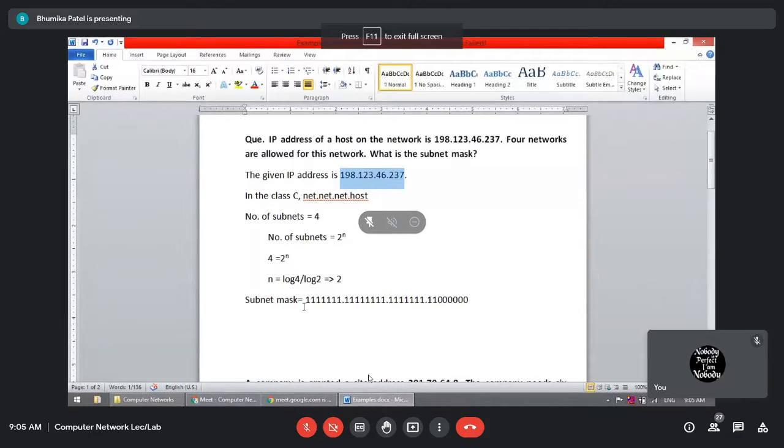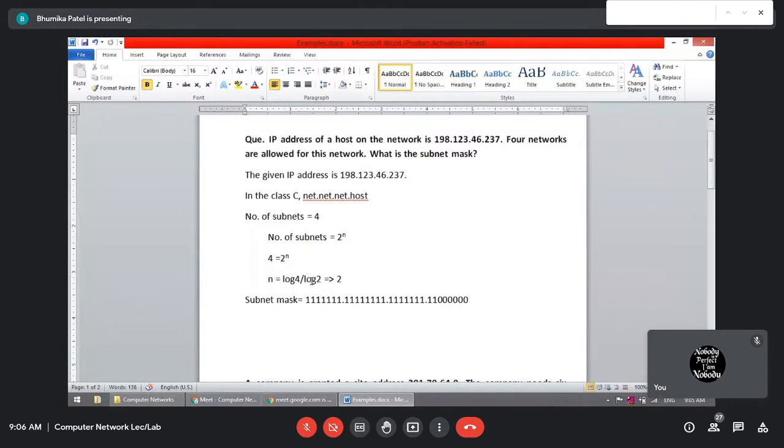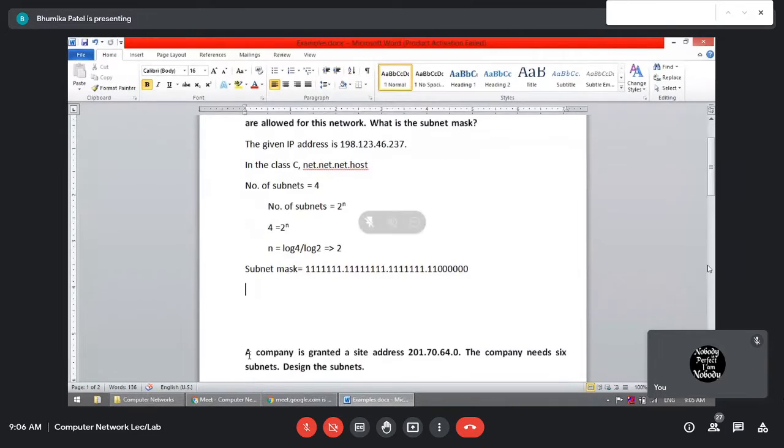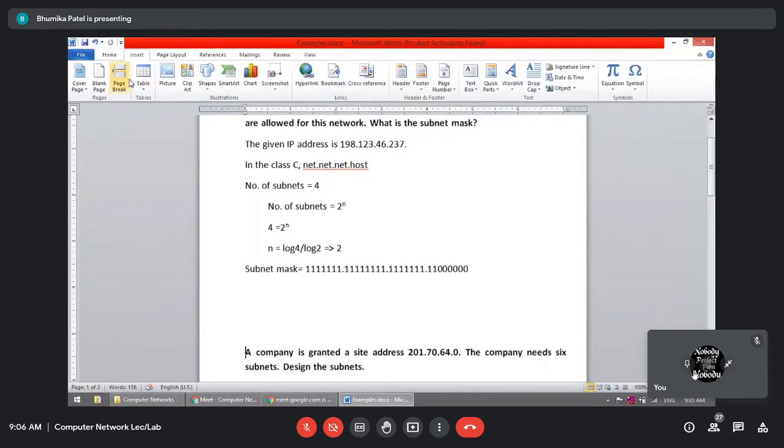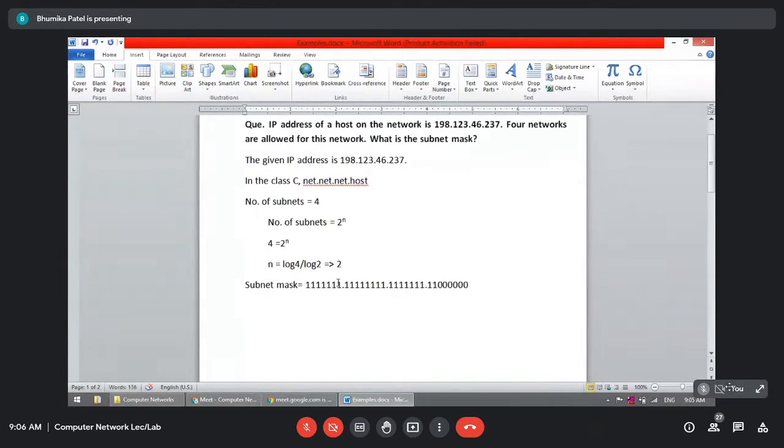To the binary, and then we are going to perform the logical AND operation between the subnet mask and the given IP address. Whatever will be the result, that will be the subnet address. Particular subnet ની અંદર જે હશે એનું first IP address આપણને મળી જશે by performing the AND operation. Okay, so this is a simple thing to do, how to find the subnet mask.